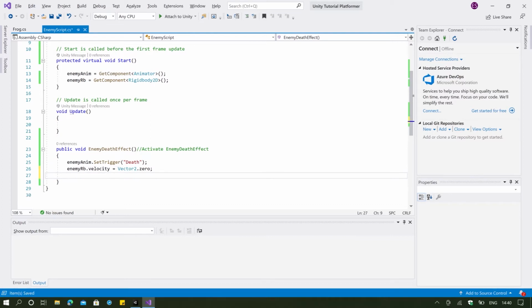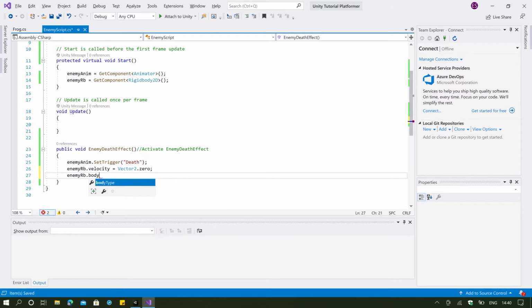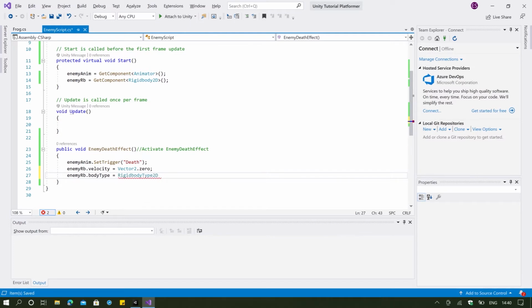And then to make sure that it doesn't even touch our object when it comes to crashing with our player, I want the body type to directly become kinematic so that it stays in the air, and then it plays the animation for a while, and then it dies, and then we just need to finally